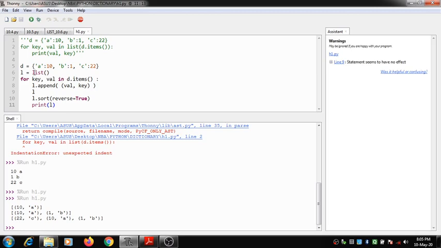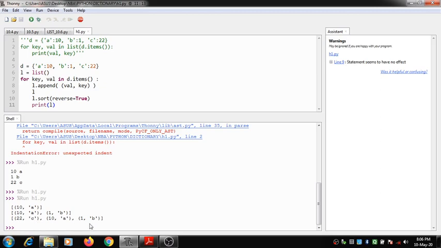I have created a dictionary, and then an empty list, and I am checking the items that are present inside the dictionary with the key and the value, appending that key and value to a list, and finally I am printing the elements inside the list in a sorted manner.